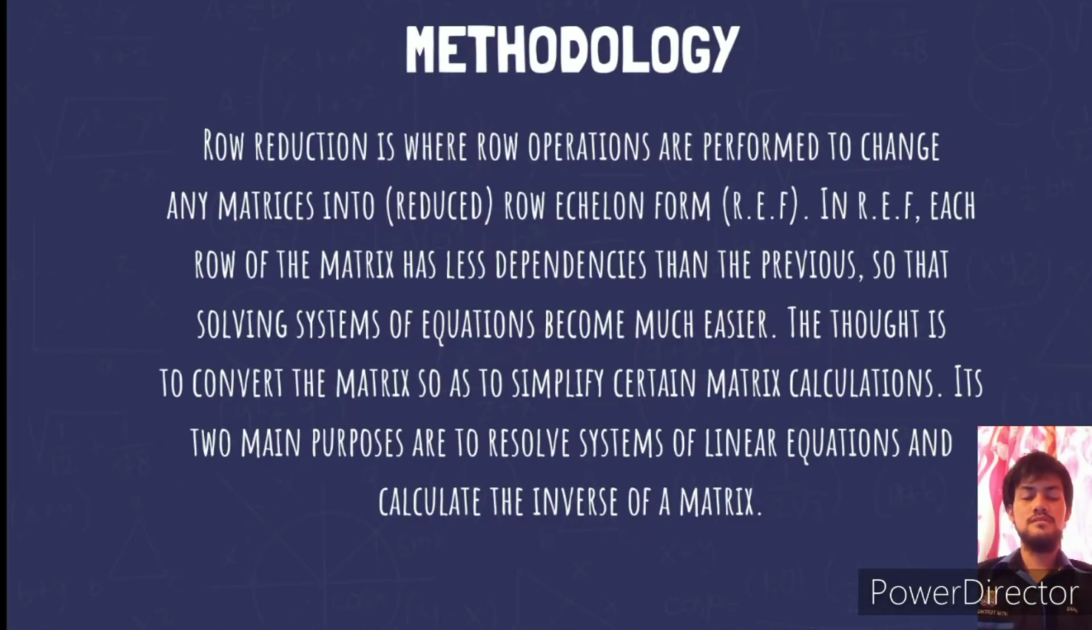Used for this case study. Row reduction is where row operations are performed to change any matrix into reduced row echelon form. In this form, each row of the matrix has less dependency than the previous, so that solving the system of equations becomes much easier. The idea is to convert the matrix so as to simplify certain matrix calculations. Its 2 main purposes are to resolve systems of linear equations and calculate the inverse of a matrix,